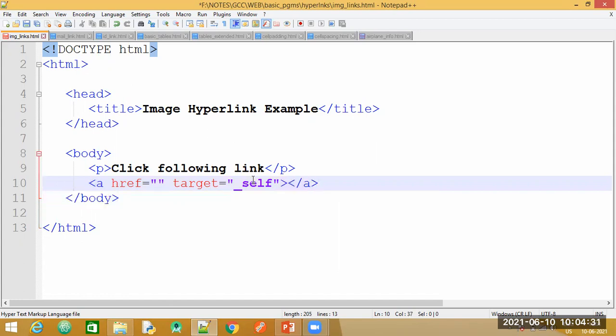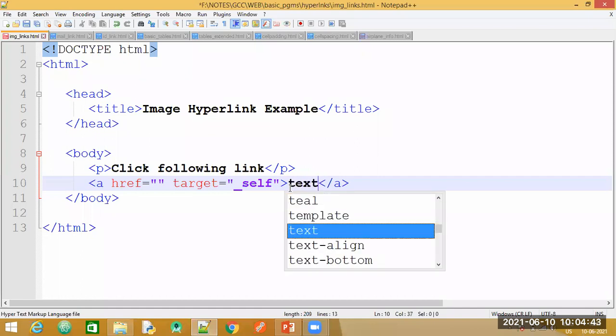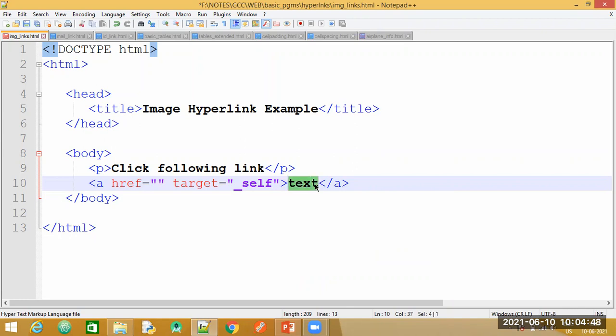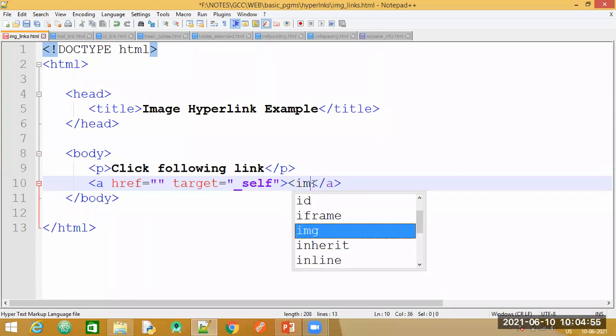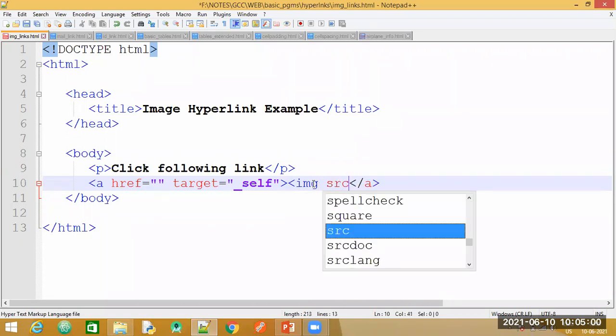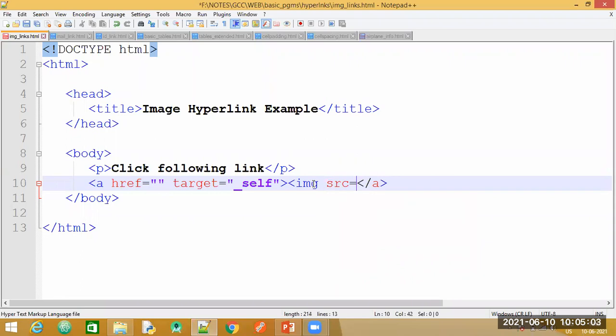Now what we want is, when we click on the image, the specified URL here should be opened. Now here, usually between the opening anchor tag and the closing anchor tag, we try to specify the text, and this particular text works as the hyperlink. So here we need to insert the image. To insert the image in web, the tag that is used is img. So we are going to write img, then specify the source, that is which image. So I will take the same image that we have taken yesterday, that is